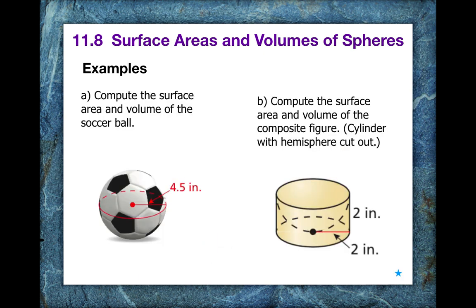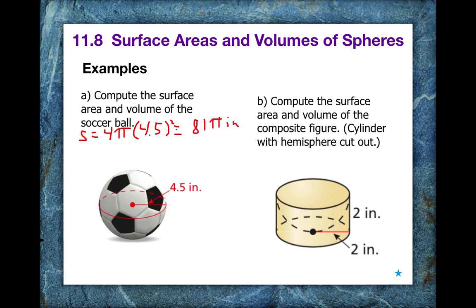Let's compute the surface area and volume of the soccer ball on the left-hand side. If we were to compute the surface area, it's just 4 pi r squared, so 4 pi, and then we have 4.5 squared, and that's going to give us 81 pi